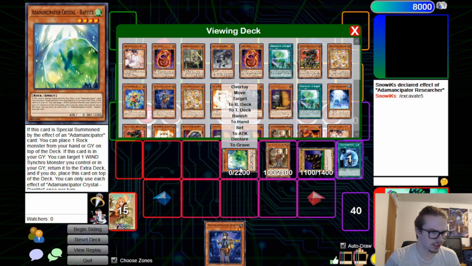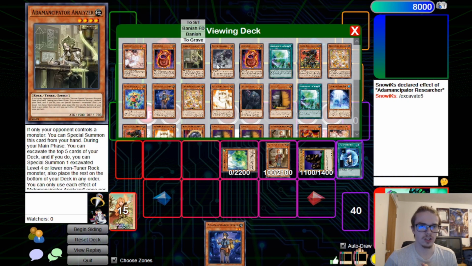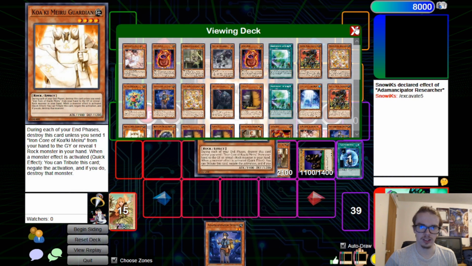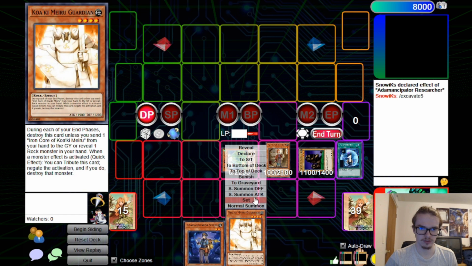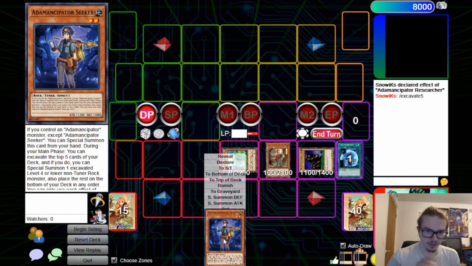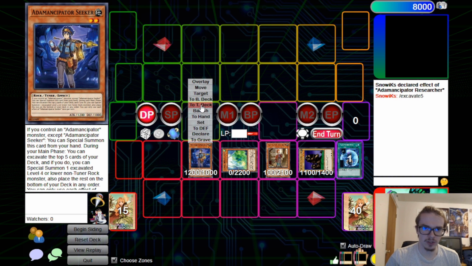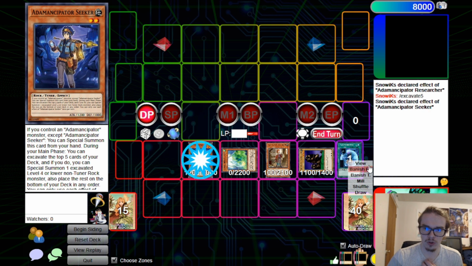I believe this is a rock monster. Yeah, just any rock monster. I'm gonna stack this guy to the top of the deck. So I will add him to the hand and then place him on the top of our deck. And then we can special summon out our Seeker here. Now we can activate Seeker's effect in order to